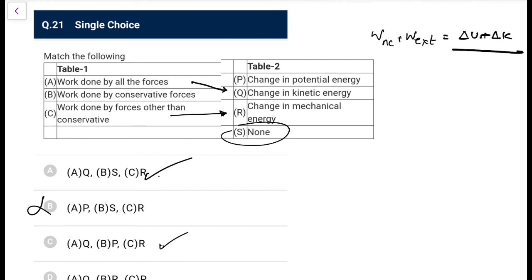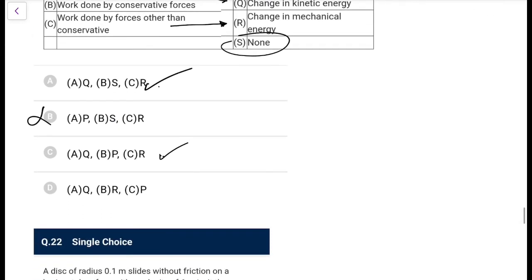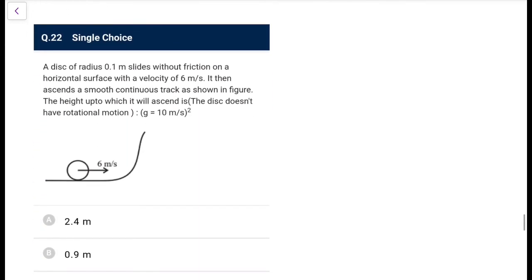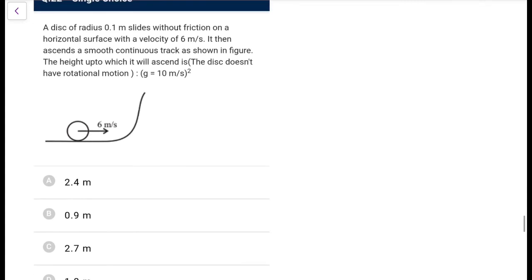I doubt it. I even think C could also be an answer, because it is linked to change in potential energy. They are not exactly saying that it is equal to that thing, and you can also justify the given answer. So I'll leave it here. Ideally, a none option must not be given in good examination questions.